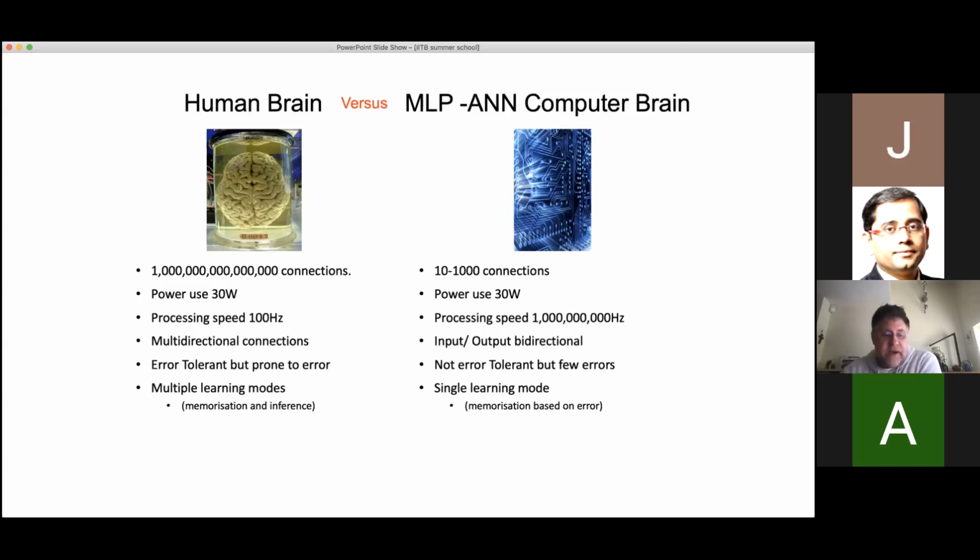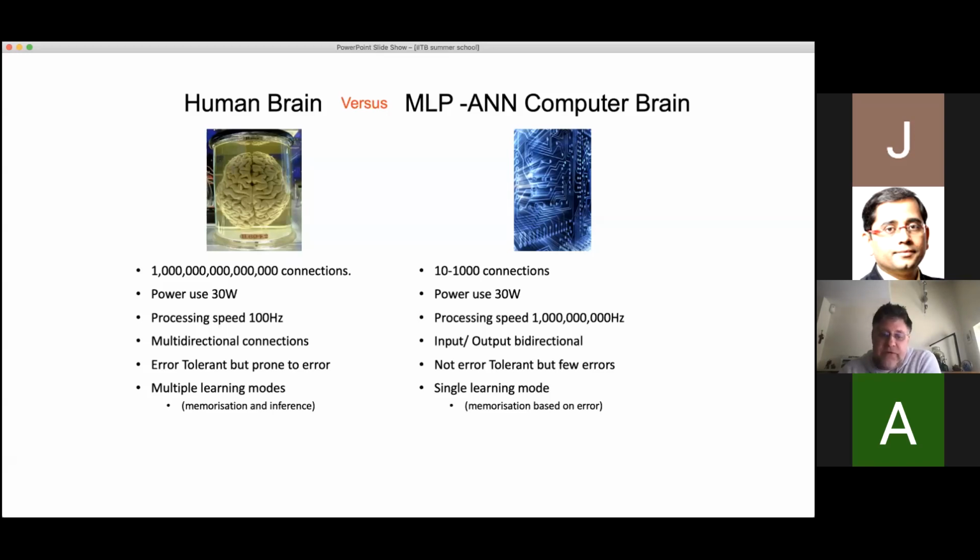And the human mind, or the human brain, is also capable of learning in many ways. The brain can store information, we can memorize things, we can infer things, we can find the patterns in things and gaps in things and fill them in. We can also extrapolate and postulate based upon memory and thought.